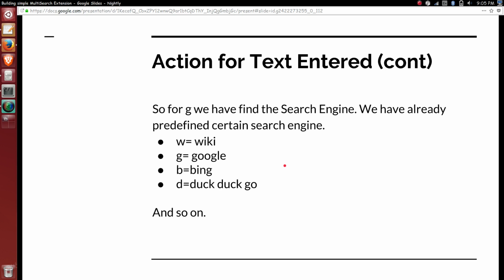Then I will be finding what search engine keyword is given. The predefined ones are listed here: W is for Wiki, G is for Google, B is for Bing, and D is for DuckDuckGo. So I got the search engine that was given as input.